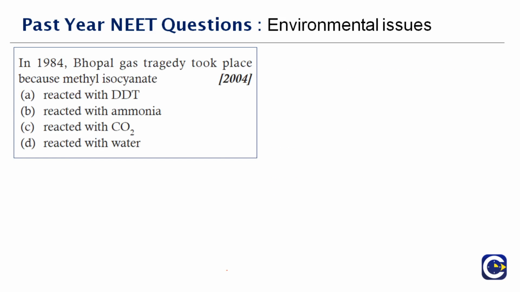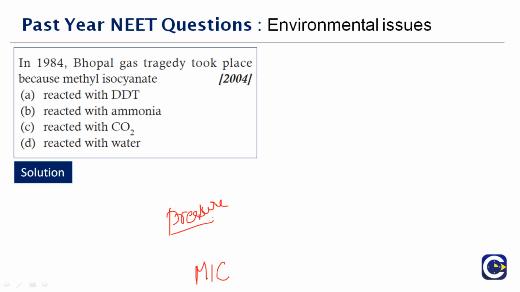In 1984, Bhopal Gas Tragedy took place because methyl isocyanate reacted with dash. See, in Bhopal Gas Tragedy, methyl isocyanate, which is abbreviated as MIC, reacted with water to produce a large amount of heat. So what happens when heat is produced? Pressure will be liberated. When pressure goes uncontrollable, it will obviously burst, right? It was an exothermic reaction due to which the increase in pressure led to the uncontrollable action of the safety valve, and therefore it led to the bursting of the system,